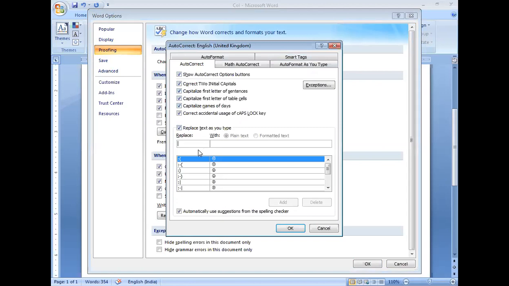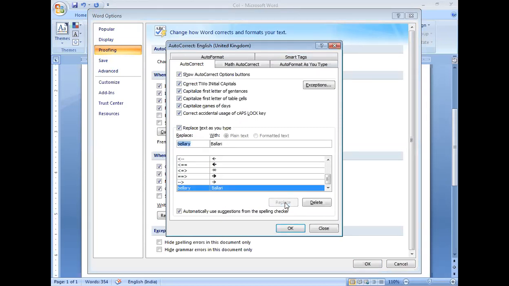But now I want to correct Bellary to Ballari. How can we do that? Just type Bellary, that means type the old text, and now that should be replaced with Ballari. Click on add and make it OK.